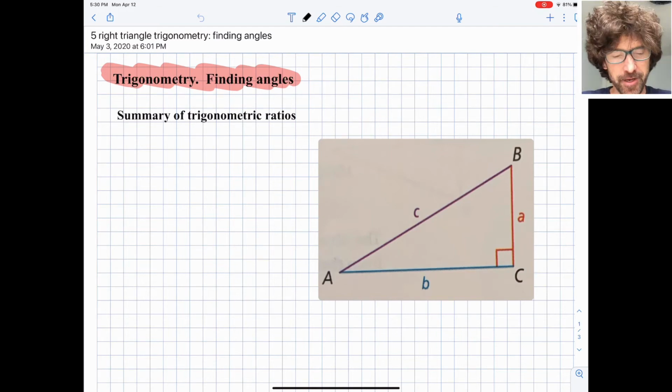All right, this is a video on right triangle trigonometry, specifically finding missing angles in a right triangle if we know some of the sides, trying to figure out what some of the angles might be. We'll start off with a reminder of what the trig ratios are, and then we'll do 2 or 3 solved